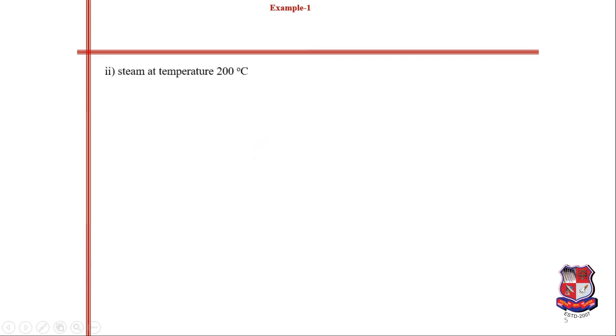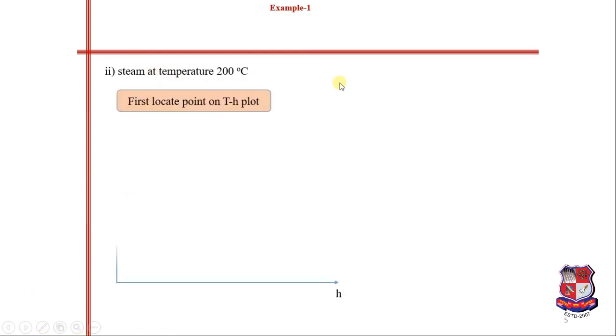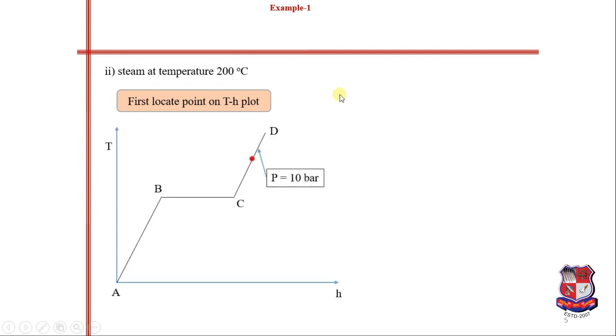Now let's take up the second case where steam is at a temperature of 200 degrees Celsius. First, locate the point on the TH plot for the second condition. I have located it over here. We are given a temperature of 200 degrees Celsius and we have found the saturation temperature from the steam table that